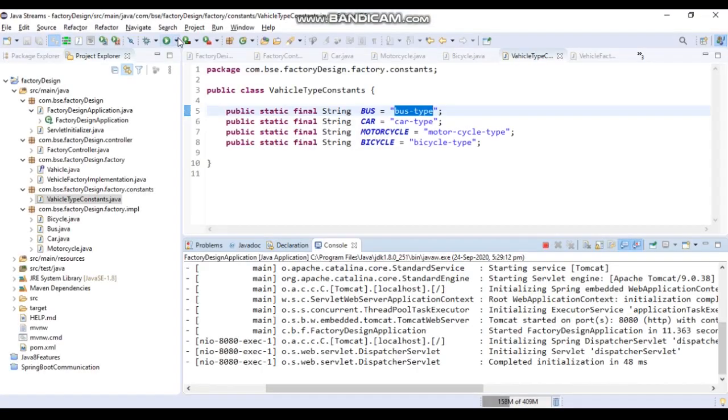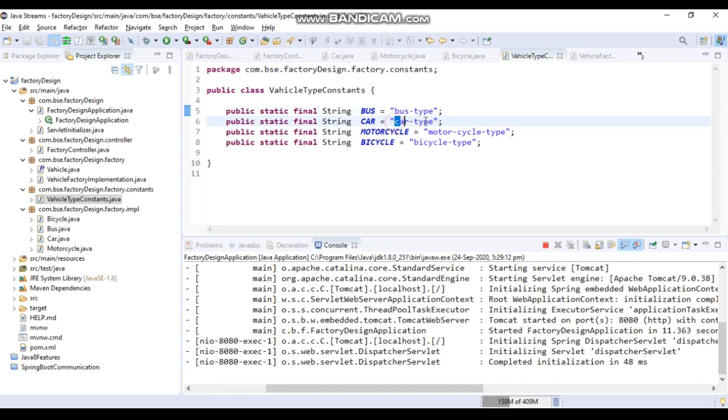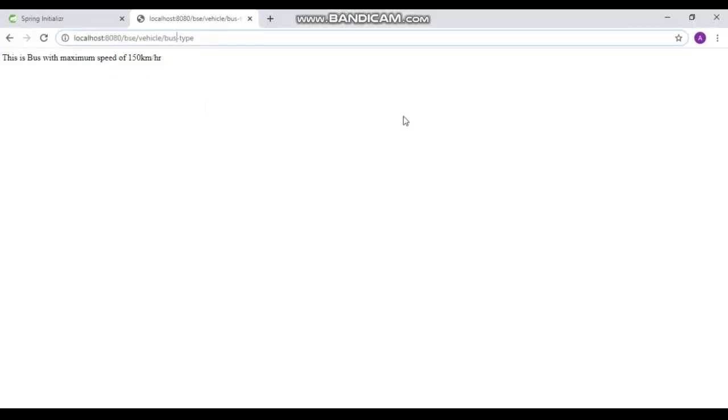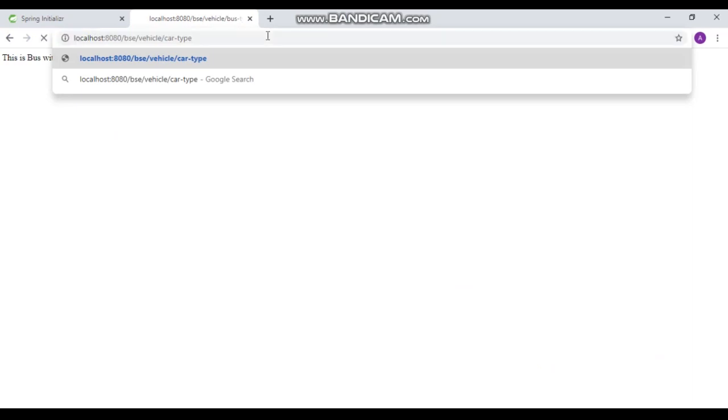We sent the request for bus type, and we got: this is a bus with a maximum speed of 150 km/h. If we send the request for car type, I'm getting car from here. This is the car type, so let's hit it for car type. I got the response: this is a car with a maximum speed of 200 km.